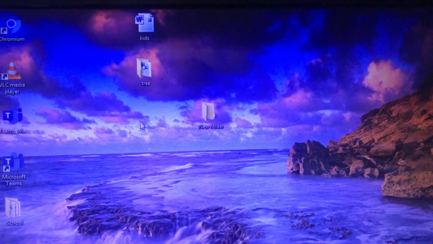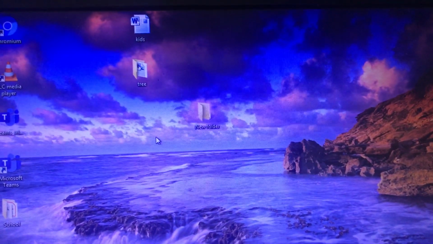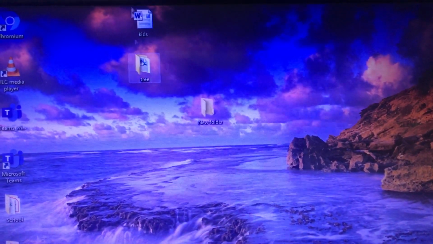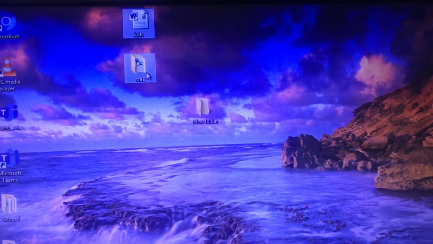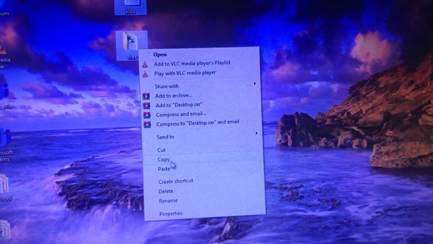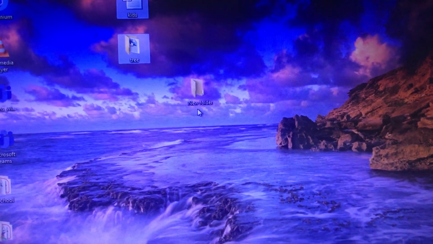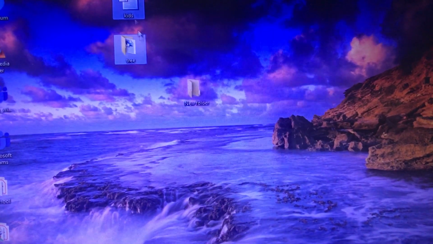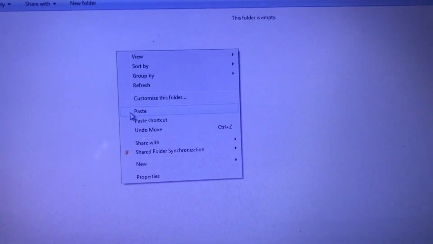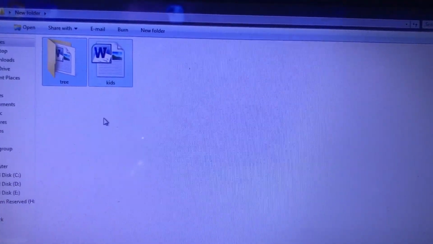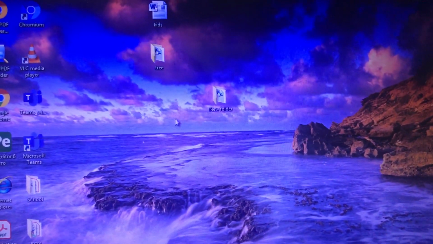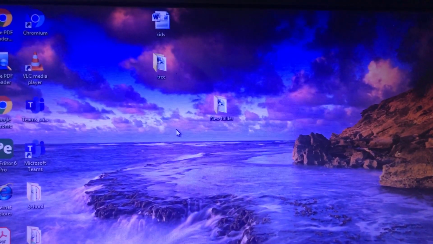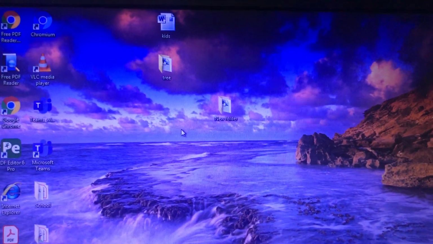Now let's see how to copy a file or a folder from one place to another. I want to copy these two. So first of all select them, then right click, then copy. Copy means duplicacy. I want to copy these two files and folders inside this folder, I want to make a copy of it. So now it's here also, and if you look out on the desktop, these two are here also. Understood? This is how you copy a file or a folder from one place to another.